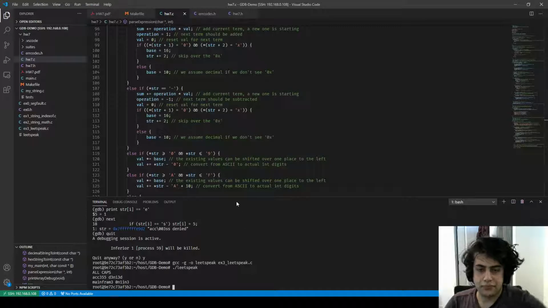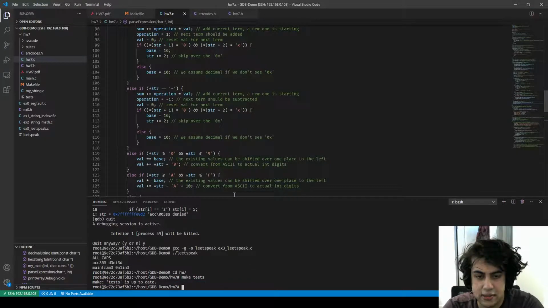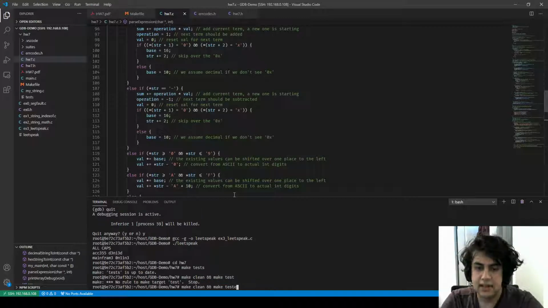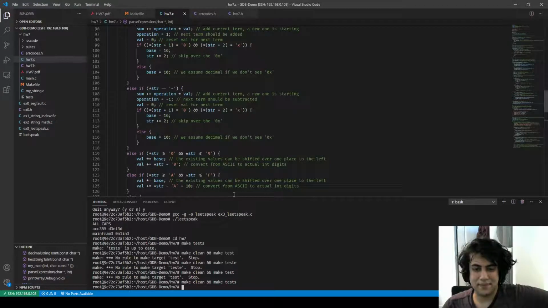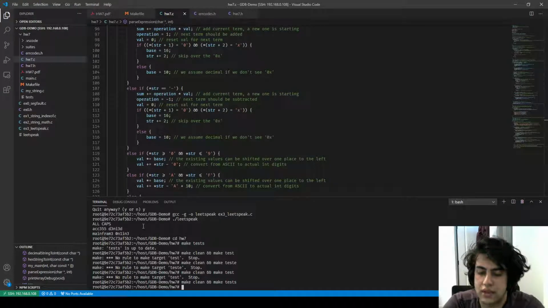But so to compile it, I'm going to run make tests, which is going to run the autograder. There's some sort of bug going on with this makefile that's telling me it's always up to date even when I change the file. So I'm just going to run make clean and make tests. I can't type. Oh dear. Okay. To recompile that autograder. And when I run it,